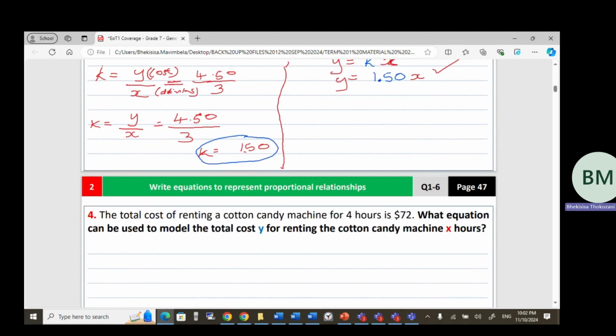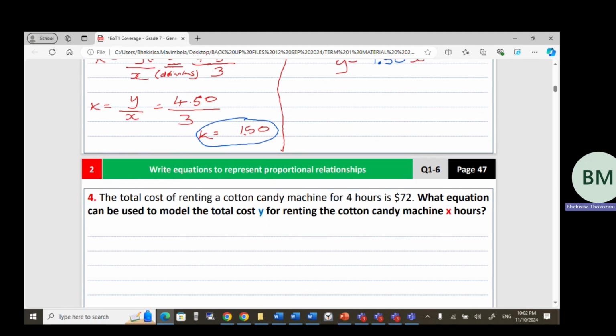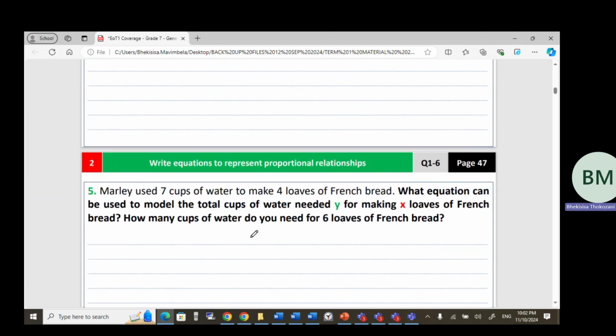This question is almost similar. As I've said, I'm not going to do questions which are similar because we have a lot of questions. But just so you remember, this could be your y and this will be your x. And then you do exactly what I did on the previous example there. So I'm not going to do that one, guys. It's the same thing. Similar to this one here,